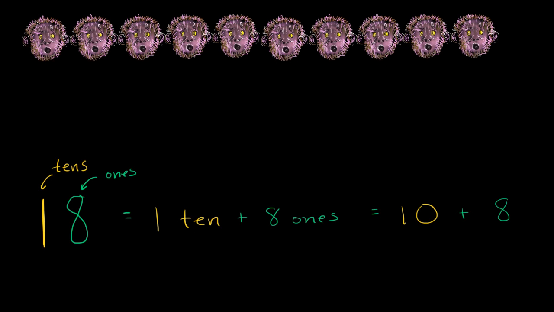So if we start with 10 monkeys, which is how many we started with, how many more do we need to get to 18? Well, if you start at 10, you need 8 more to get to 18. And we can verify that visually if we like. So let's see. Let me copy and paste one of these monkeys. So this is 10. So now let's get to 18.